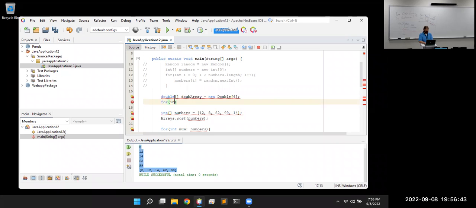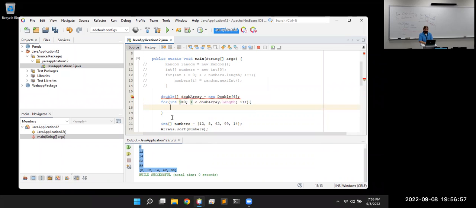Put brackets in there. In a regular for loop, for integer i starts at 0, i is less than double array.length, i plus plus, all stuff we've seen before, and then double array index i is